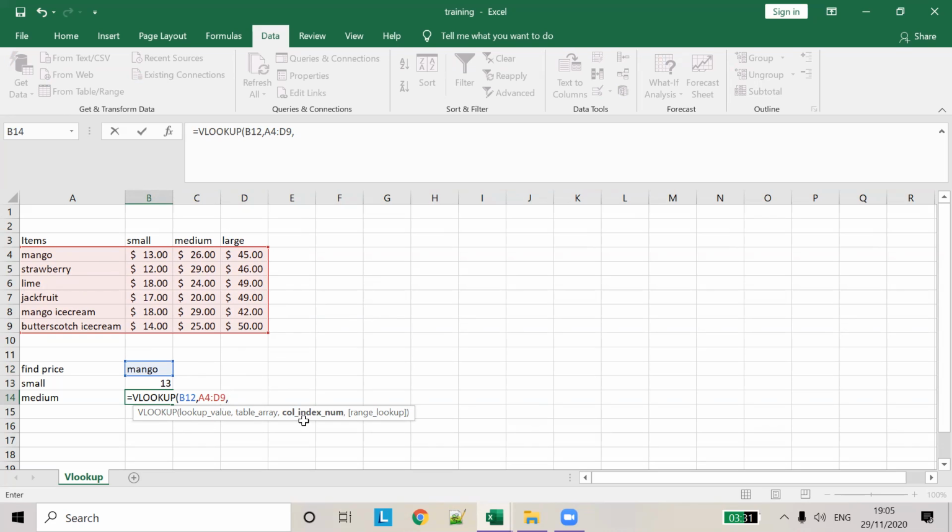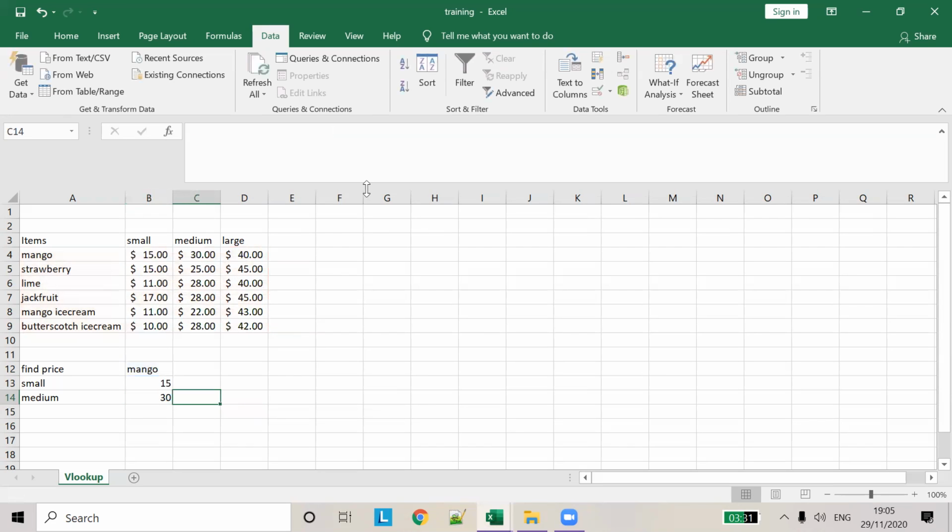We are going to find the medium value of each item. That is present at column number 3. So this is column number 1, column number 2, and this is column number 3. Select column number 3, comma, and we'll pass approximate match. Close this and you should be able to find the approximate values of the median values